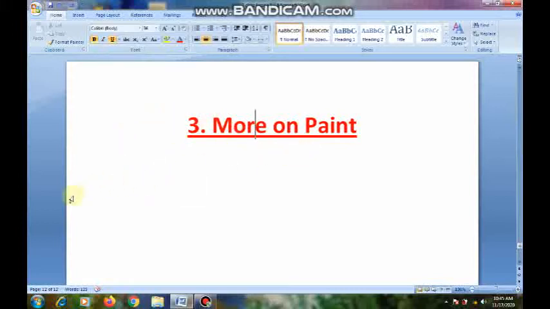Before identifying those pictures, first I want to show you how to open the Paint program and what is the purpose of this Paint program. Children, Paint is a program, a software. By using this Paint program, we can draw our favorite pictures and color with our favorite colors. We can draw different shapes and fill with different colors. We learned this topic in second class also a little bit. We will recap once again now.